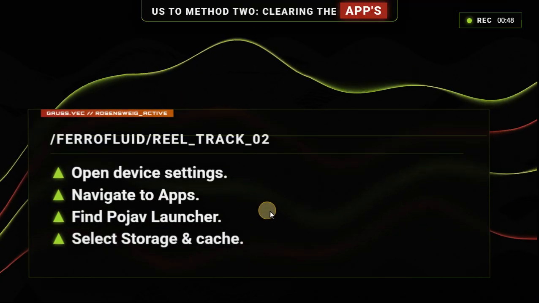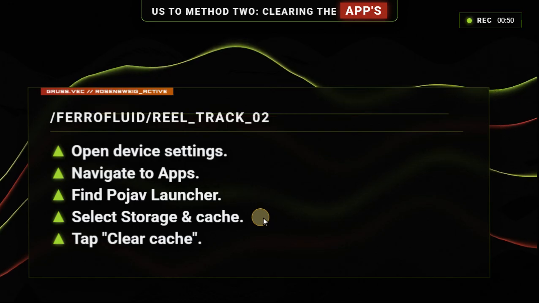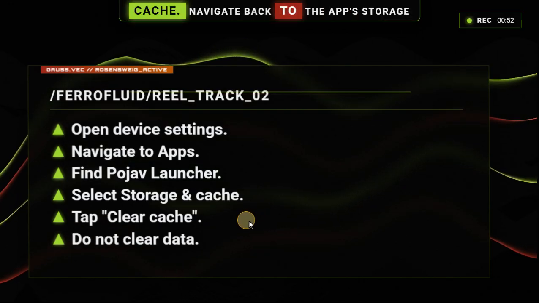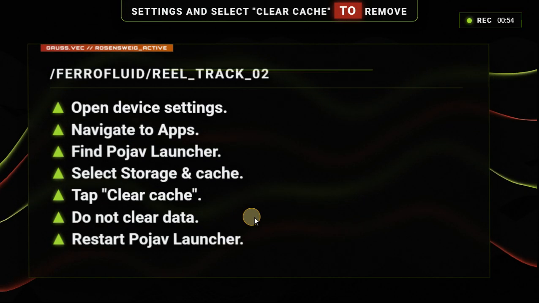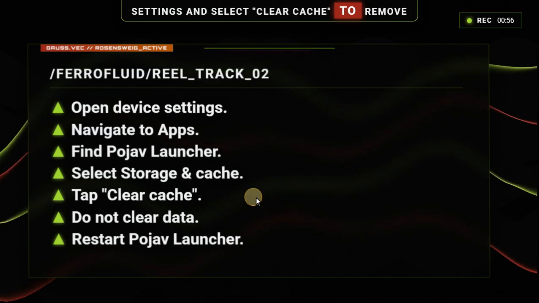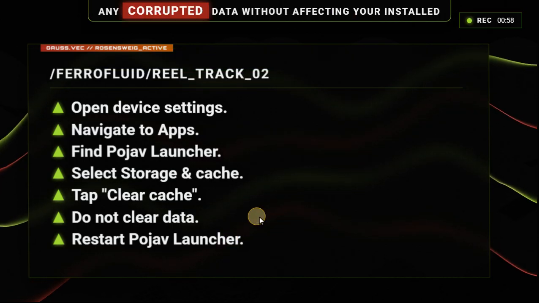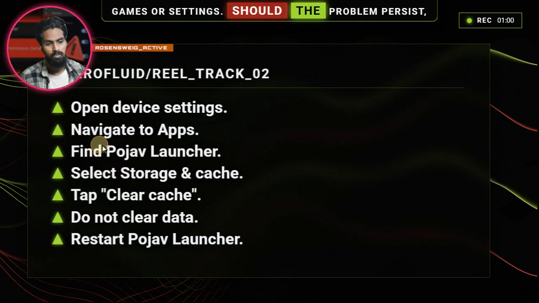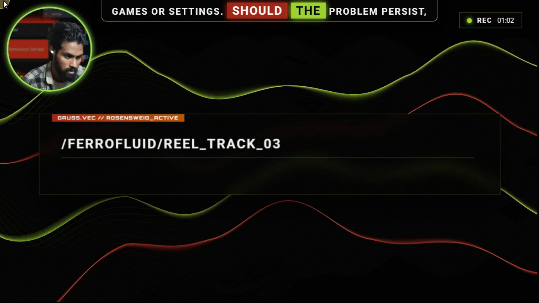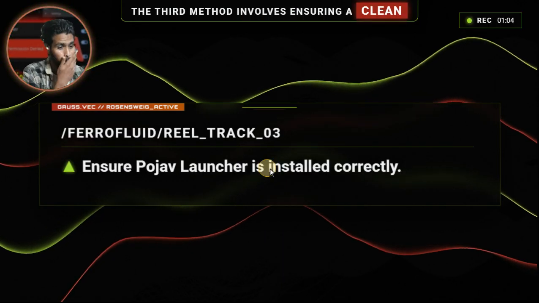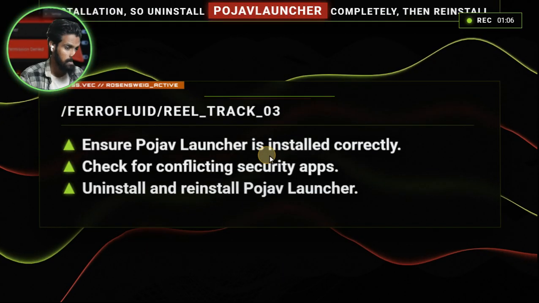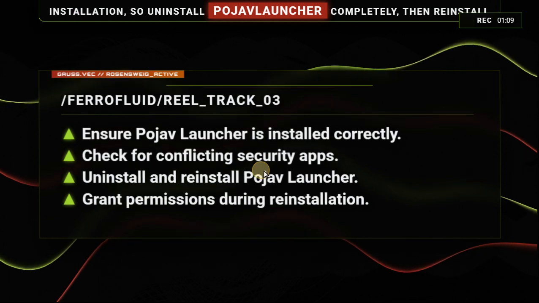method 2, clearing the app's cache. Navigate back to the app storage settings and select Clear Cache to remove any corrupted data without affecting your installed games or settings. Should the problem persist, the third method involves ensuring a clean installation, so uninstall PojavLauncher completely, then